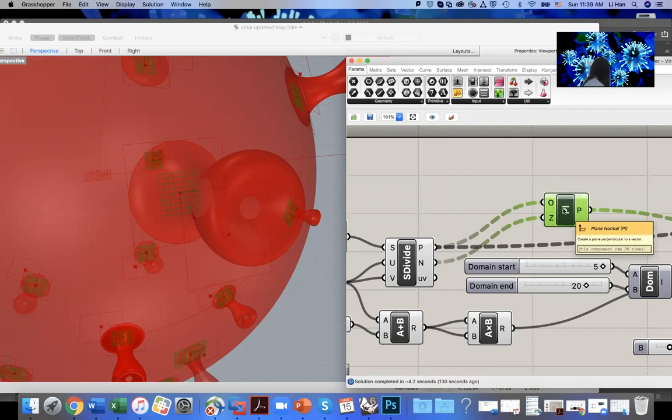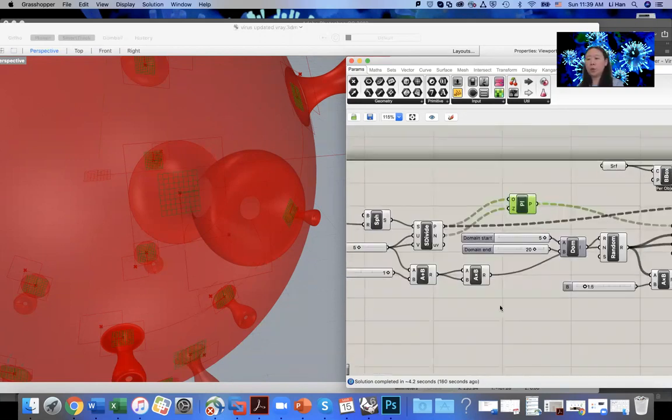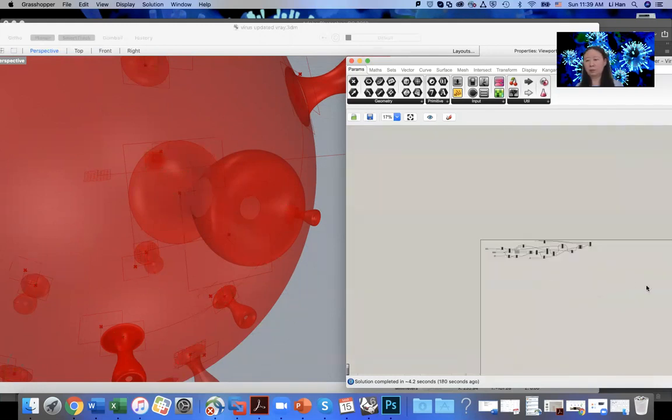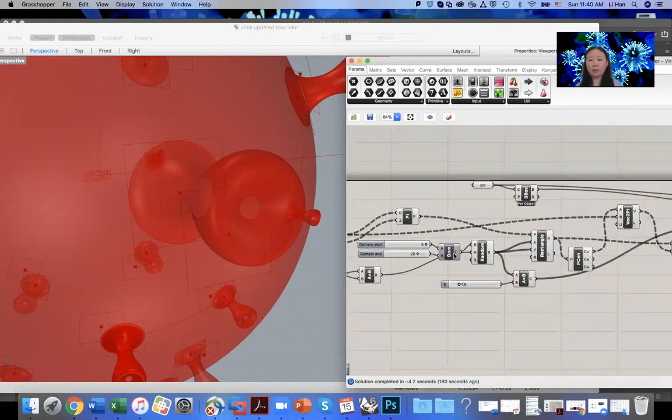A normal is, if you have any shape that's round, the normal is the direction that's perpendicular to the shape. So this basically gives you the direction in which the arm is going to grow. That is called the plane normal. And so after we've done that, what I did is I moved, so this is a vector I give to move